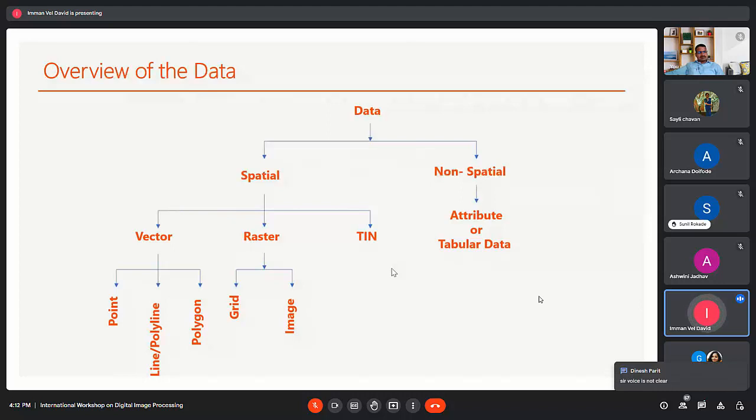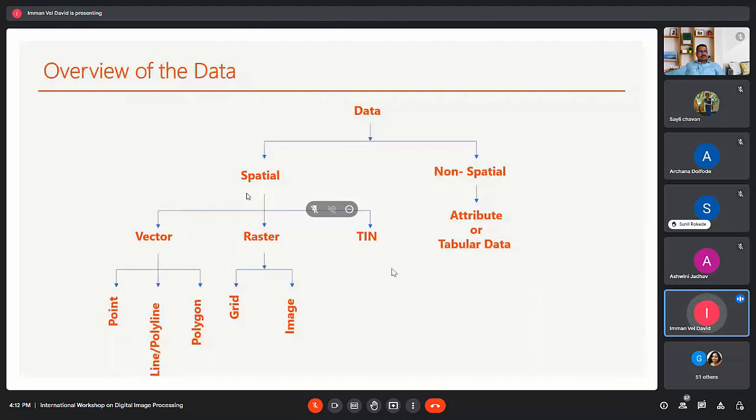In the vector data, that is a discrete form of spatial features, represented as point, line, polyline, and polygon. In the form of the raster data, the spatial features are represented in grid data and image data.